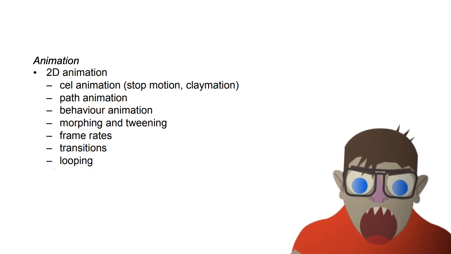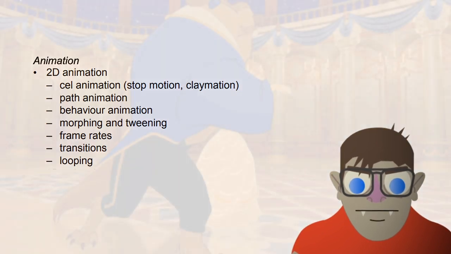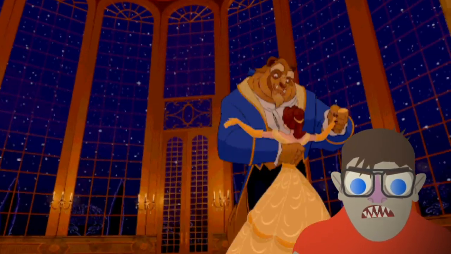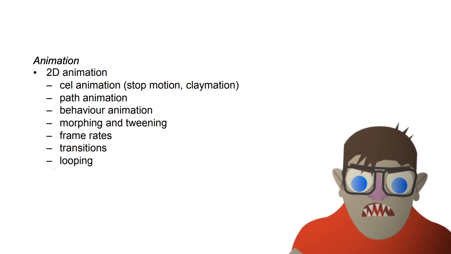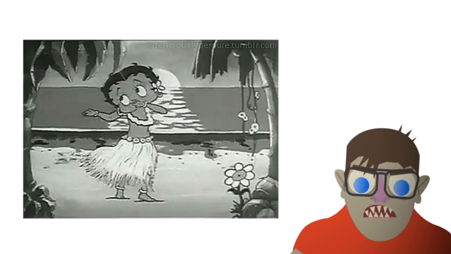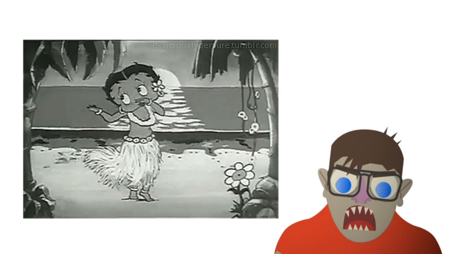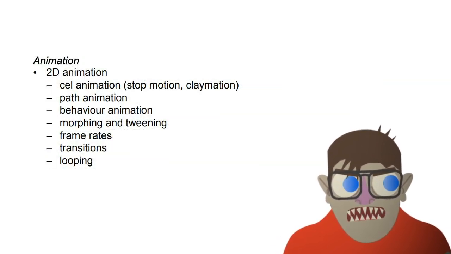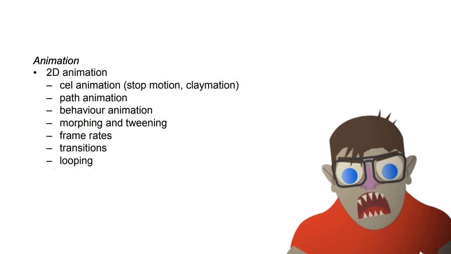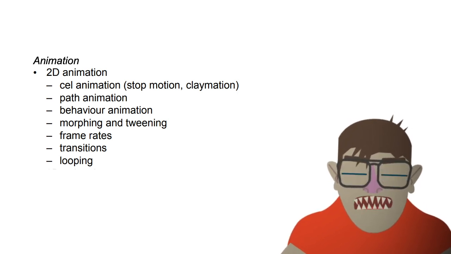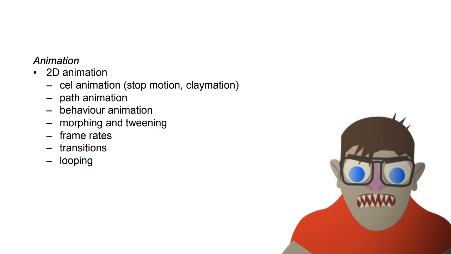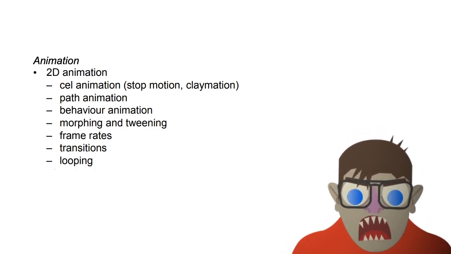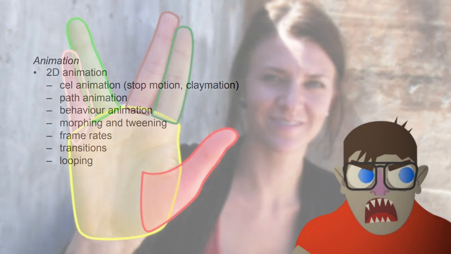So pretty sure they did that with some Beauty and the Beast dancing scenes. I've got some examples of way back early where they did hula dances and rotoscoped that hula dancing to try and get the movements perfect on them. It's been used a lot in the past, and it's a really good way to do that. We create a mask over the top, or a mat, where we draw over that existing